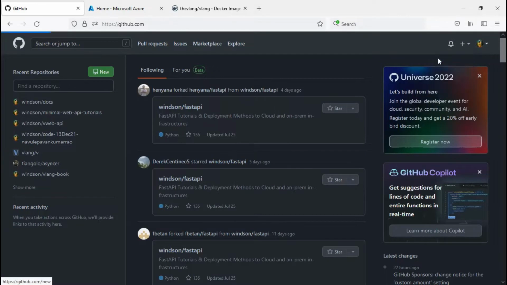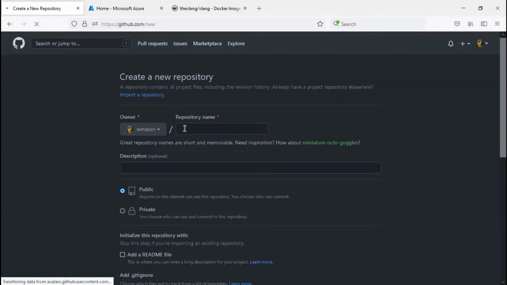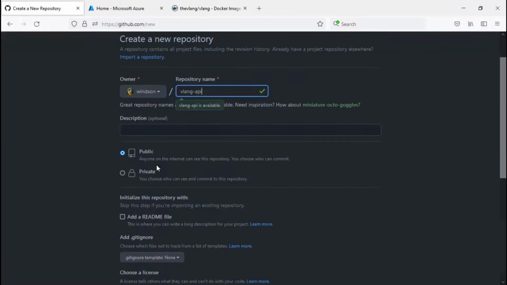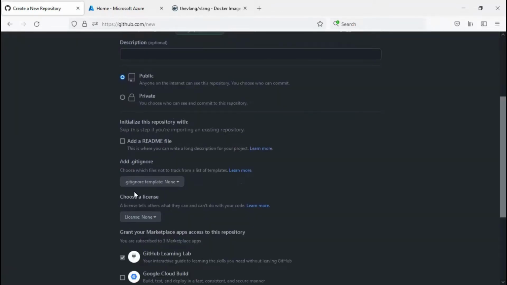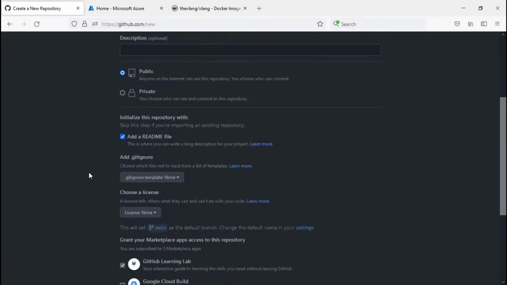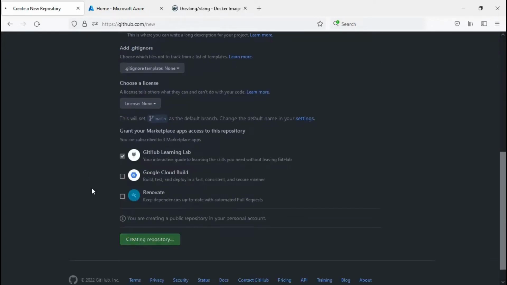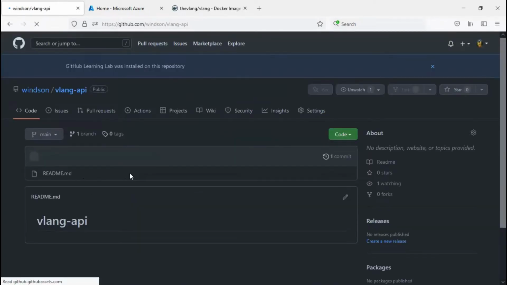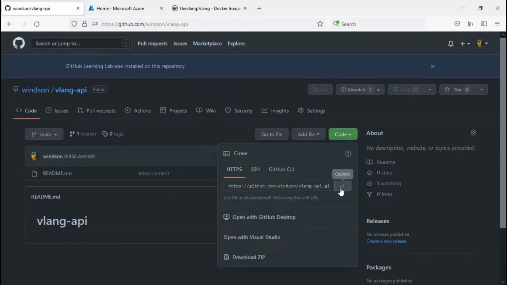So here I am on my GitHub account and I'll go ahead and create a new repository. Let's say we name the repository vlang-api. So we'll click on add a README file and we'll go ahead and click on creating repository. All right. So let me copy the URL of this repository so that I can go ahead and clone it